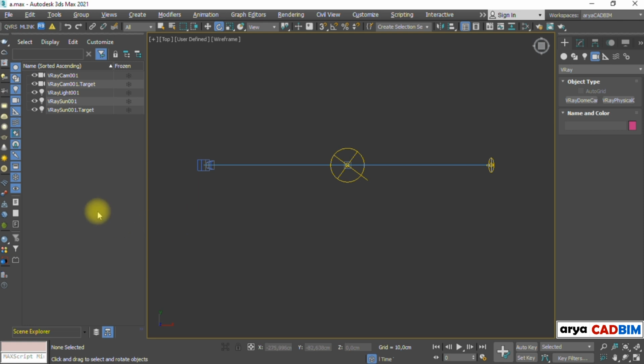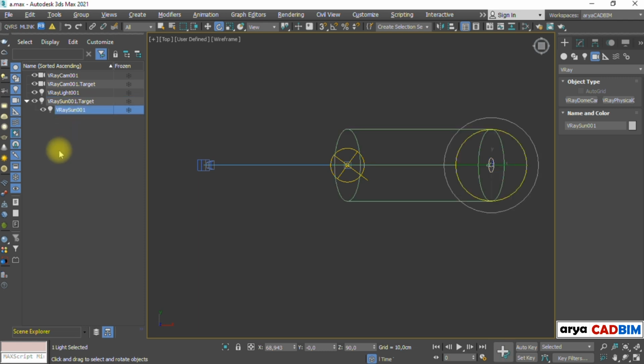Make sure you are at the hierarchy mode. Here we see a list of existing objects in the scene. To link one object to another, just click the object, and drag and drop it over the target one. Link V-Ray sun to its target. Link the camera to the camera target.